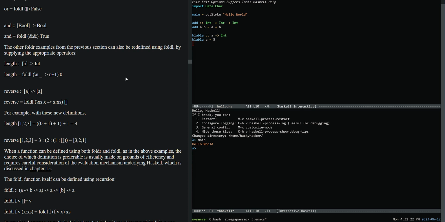For example, with these new definitions, isn't this just the same? I mean, I understand that it's now putting the accumulator to the left and then applying everything to the right. But